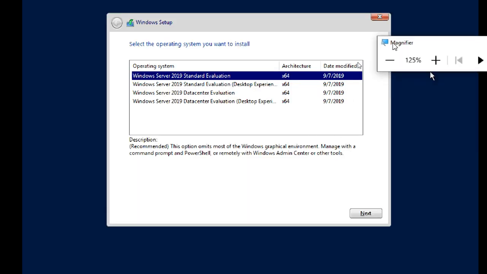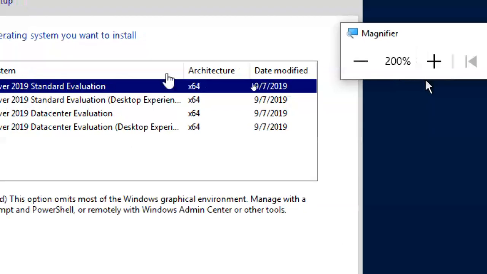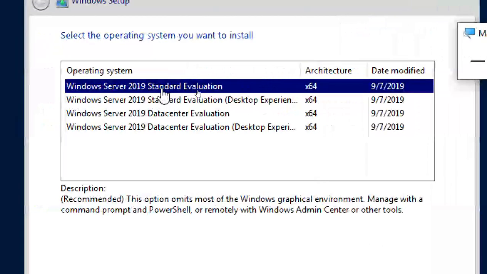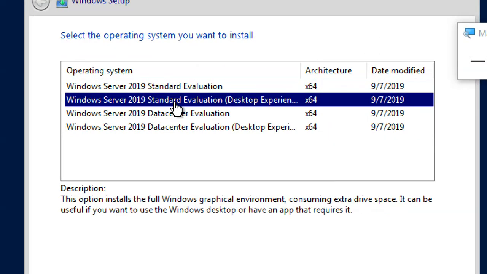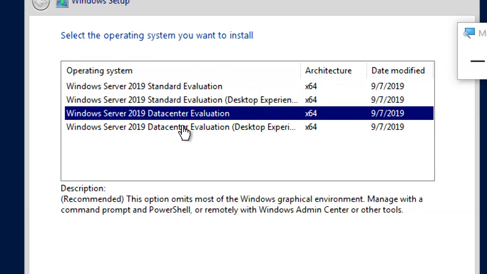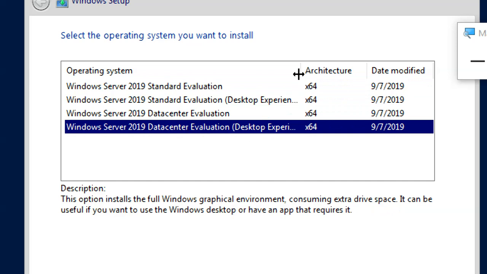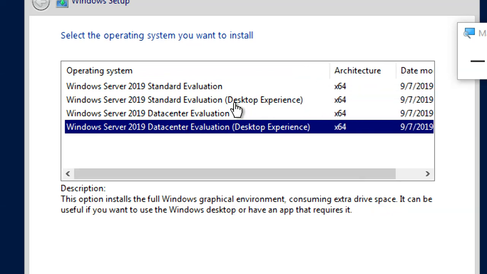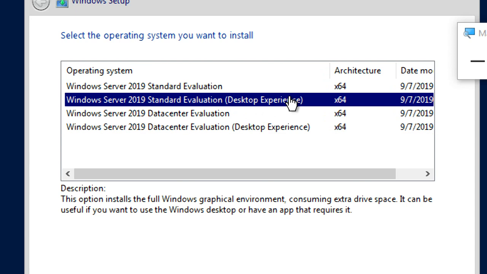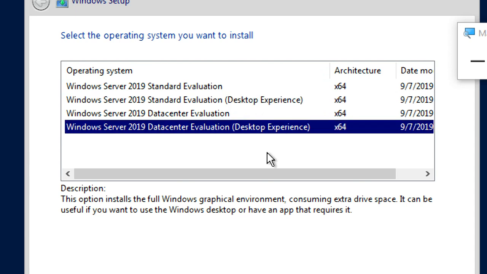Yeah, guys, this is very important. Look very carefully. You can see Standard Evaluation, Datacenter Evaluation, but there is one more, Desktop Experience. Either you select the second or the fourth one only.